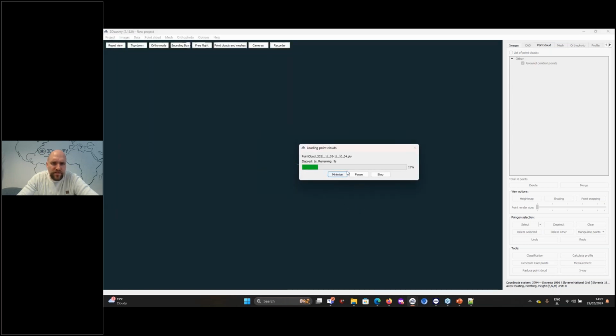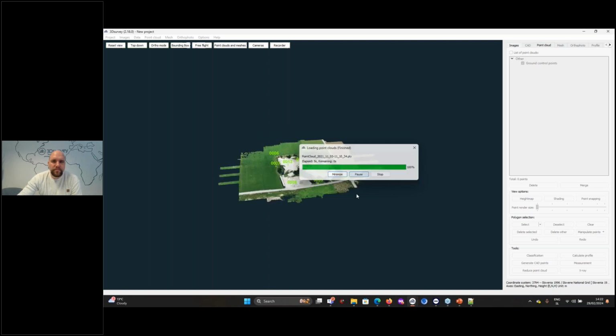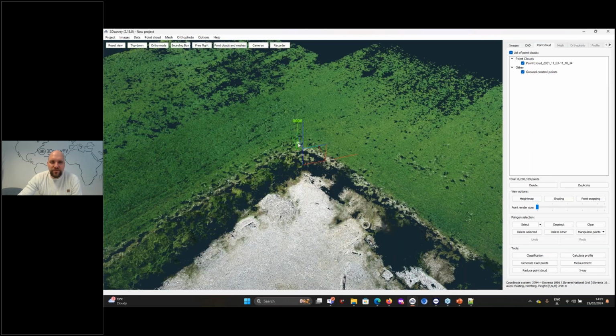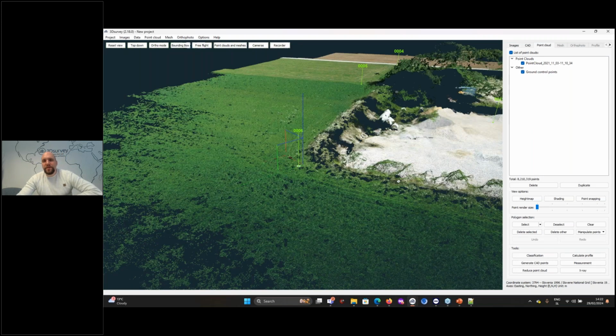I think this one will be the right one. Yeah, this one fits to the ground control points. Right.